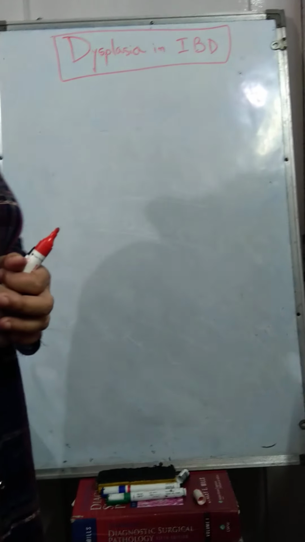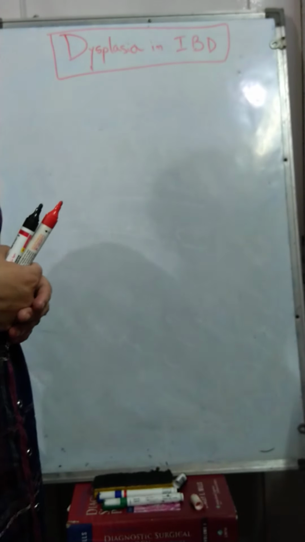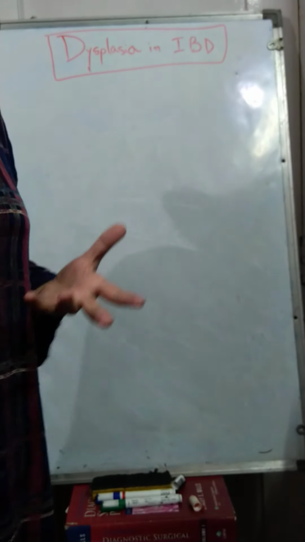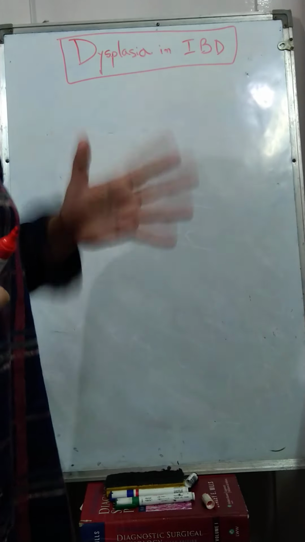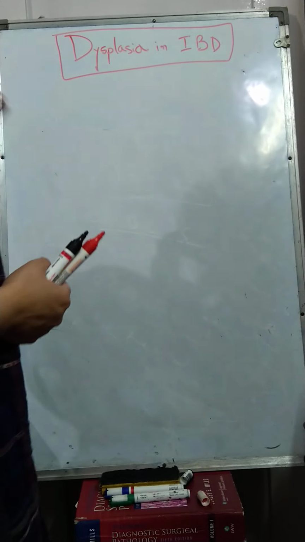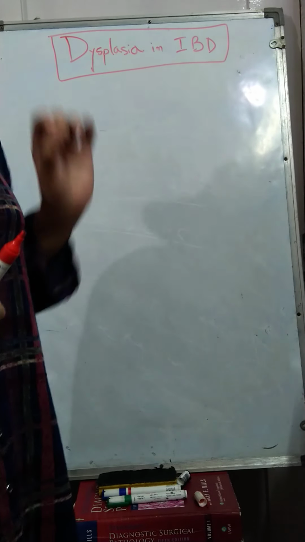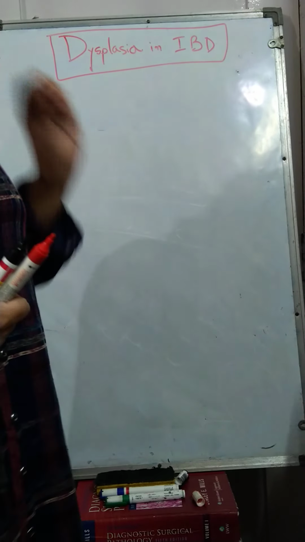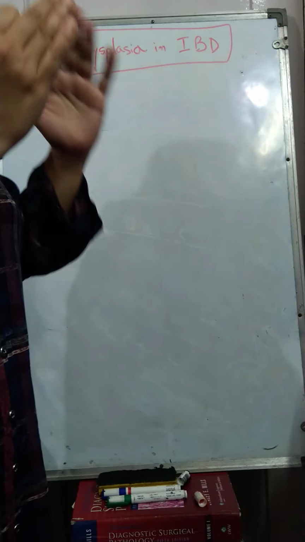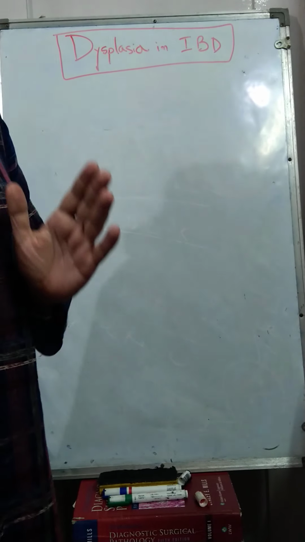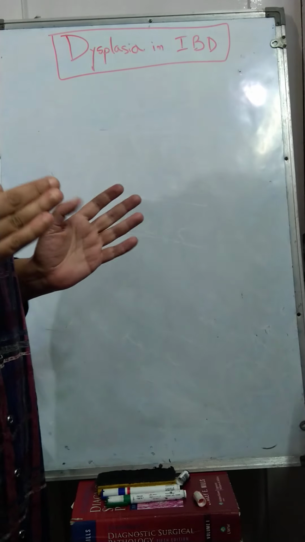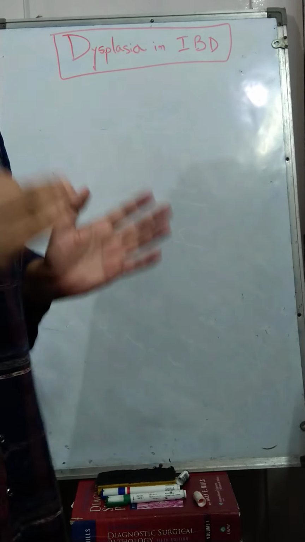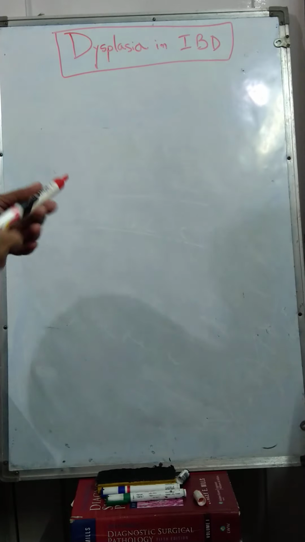Now there was a question after my second lecture as to dysplasia and IBD. That's a question which is frequently asked in exams, and this is something that you will deal with in your day-to-day practice. Now before I go on to explain dysplasia in the context of IBD, I just want to clear the morphology of a low grade versus a high grade dysplasia, because I have seen many times my students are not very sure-footed when it comes to distinguishing between low grade and high grade dysplasia.